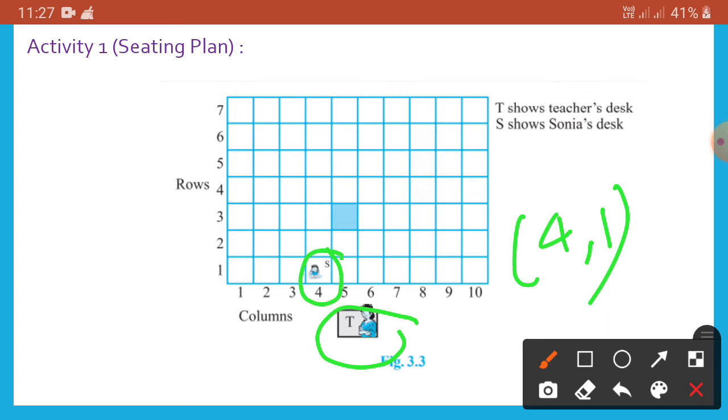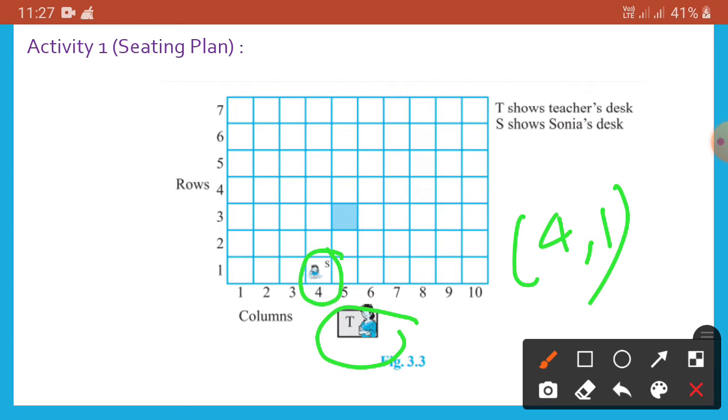In the case of sitting plans, we require the number of the column and that of the row. This simple idea has far-reaching consequences and has given rise to a very important branch of mathematics known as coordinate geometry. In this chapter, we aim to introduce some basic concepts of coordinate geometry. This study was initially developed by the French philosopher and mathematician Rene Descartes.